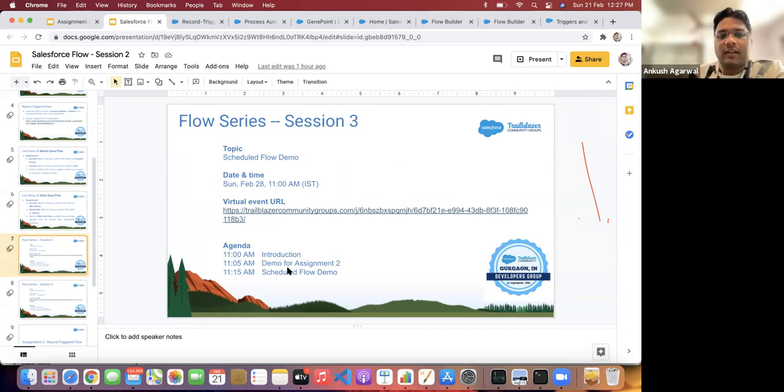This will be the agenda: we'll discuss the assignment 2 demo, and then give a demo on the scheduled flow. After that, the fourth session will be on the autolaunched flow, on March 7th, Sunday, again at 11 a.m. Similarly, we'll first discuss assignment 3, and then go with the demo.